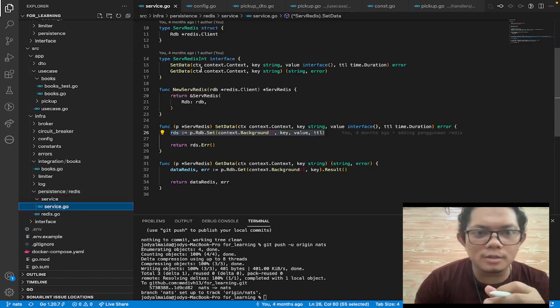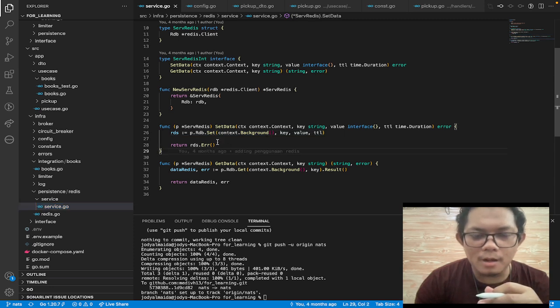Obviously, I make an interface as well to communicate this layer with other layers. There are two methods in this layer, set data and get data, and I declare them in the interface.